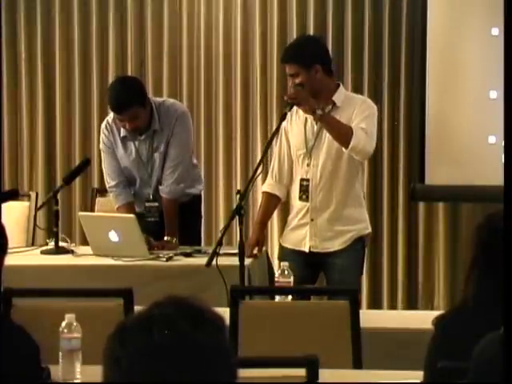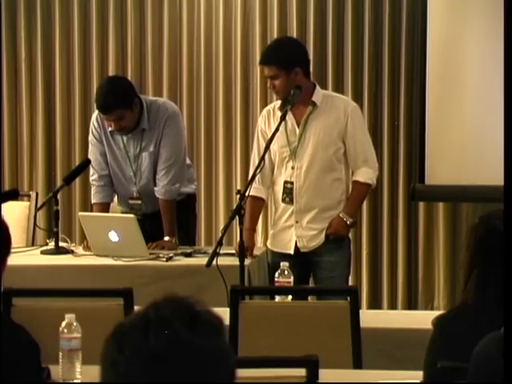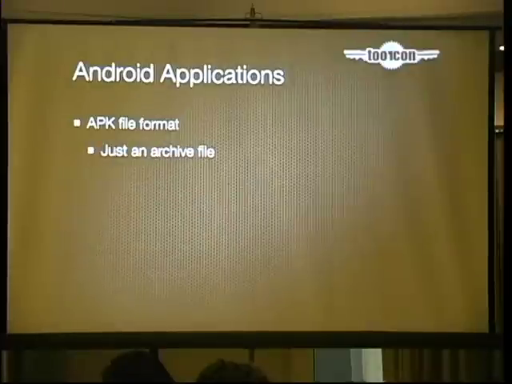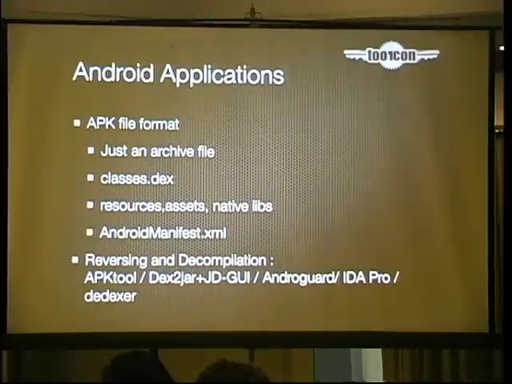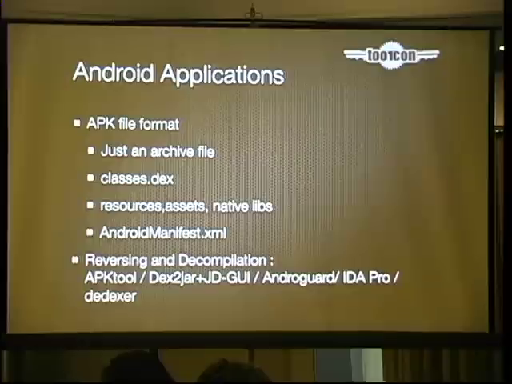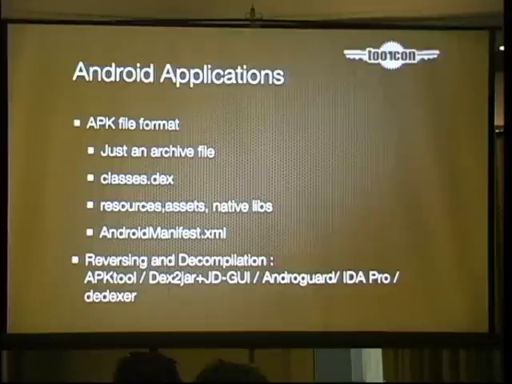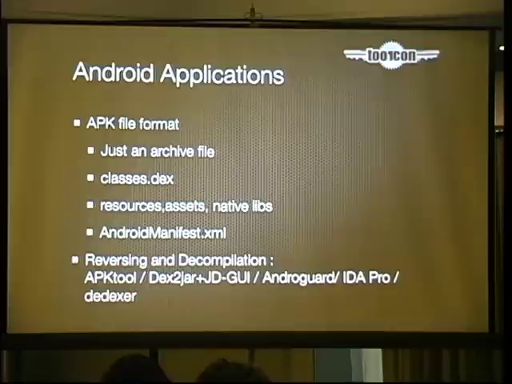All right. Next comes Android applications. Everyone knows it's in APK format. Android applications are basically of the format APK, and it's nothing other than an archive file. So you code in Eclipse, you have all the Java activities made up, you have the resource files like the icon and everything else, the layout for the application. When you finish the application, you export it to .apk format. It compiles everything into .apk, which is an archive file.